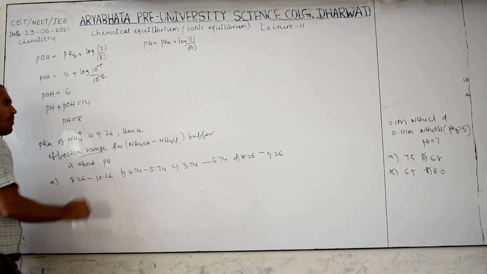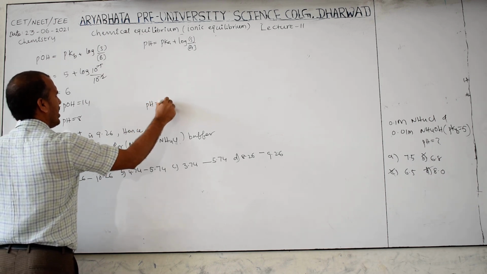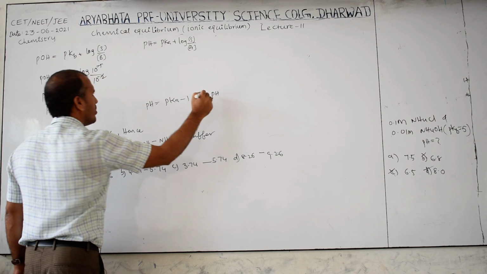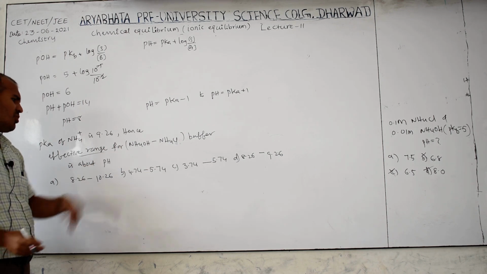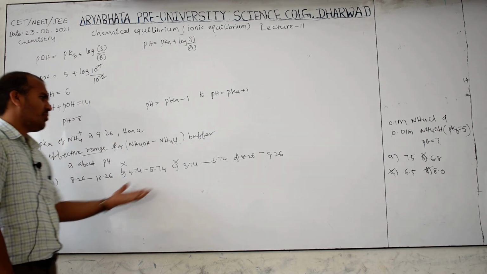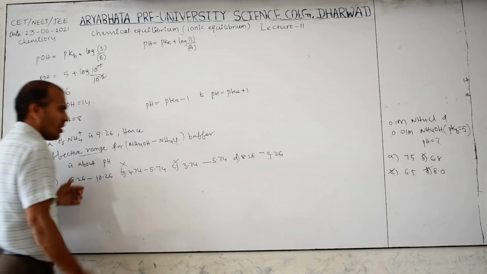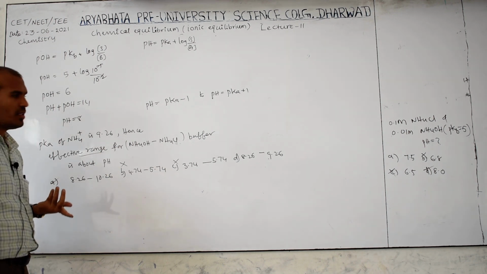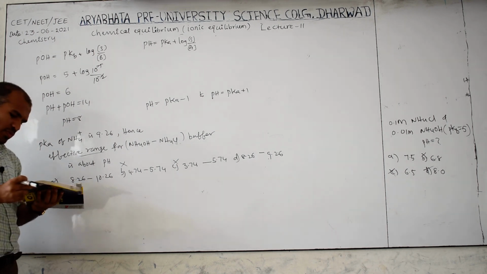Range, what is the formula? The pH range is pH equal to pKa minus 1, and the other one is pH equal to pKa plus 1. Anyway, this is a basic buffer solution, therefore these are not the answer because these are less than 7. Then the answer may be D or A. But this same value is given, therefore this is not the answer. One extra, pKa plus one type is required, therefore the answer is simple. Like this, questions will be asked; that is a very, very important thing, you have to remember all the concepts.